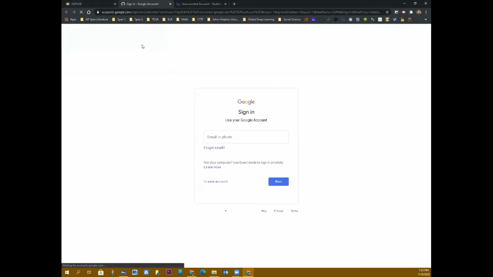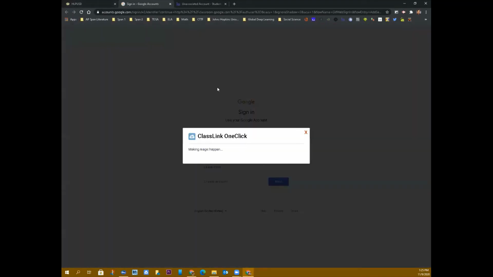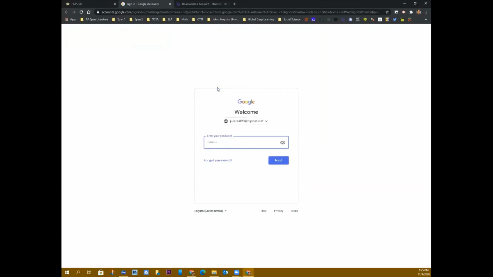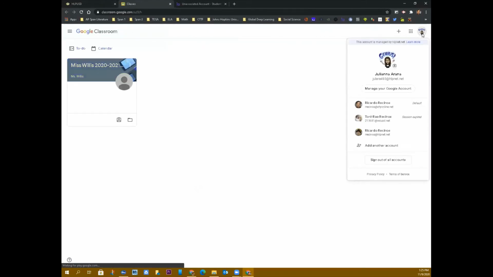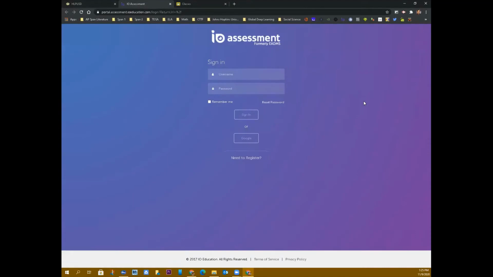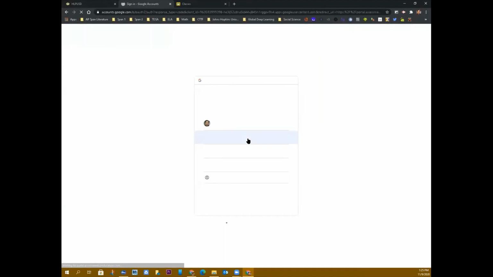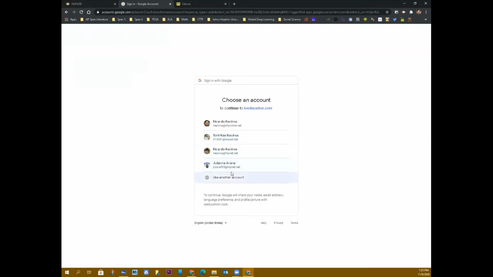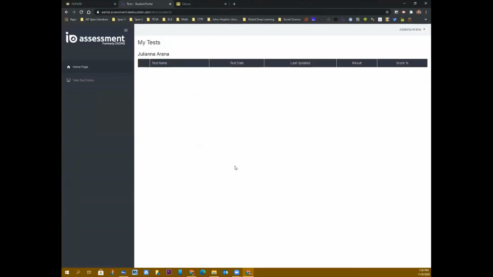And just to show you that, we'll see that right now. For this particular student, it's going to log him in. So now that we know that student is logged in with their hlpnet.net account, the student can come back to the IO icon. Again, click on it, go to Google, okay? And she's right here, hlpnet.net, because we clicked on that Google icon on ClassLink. Now they can click on it, and it's going to take them inside our IO environment to take that assessment,